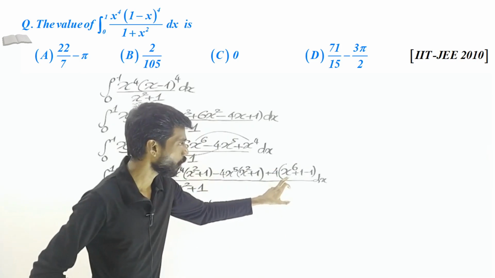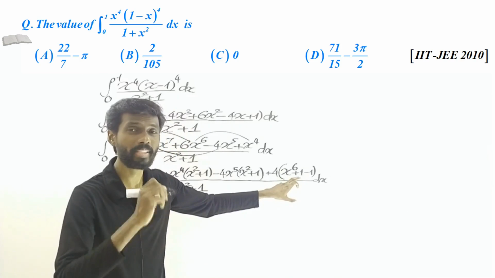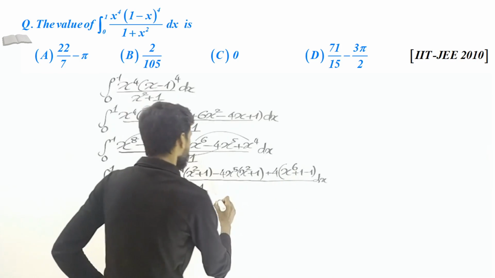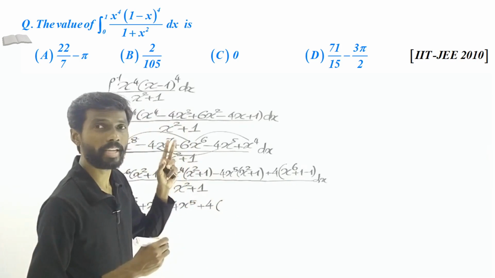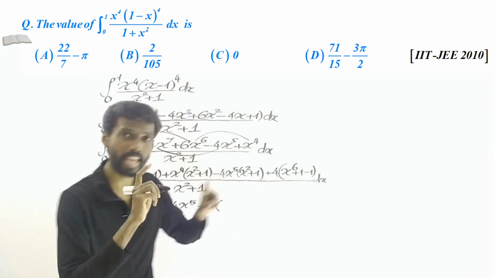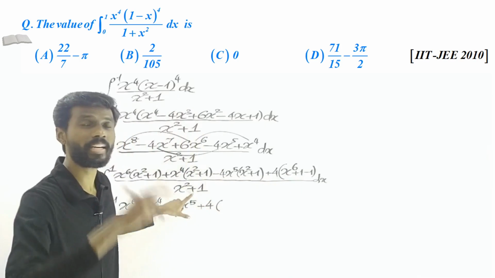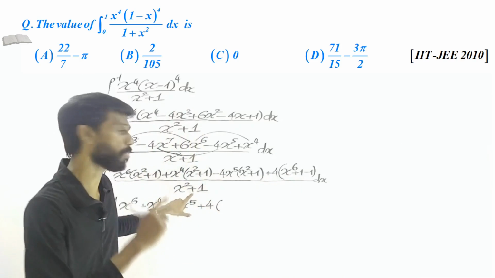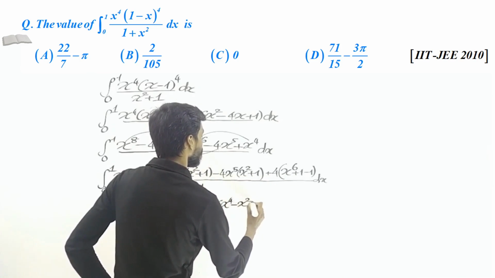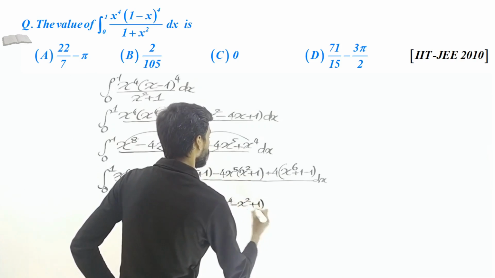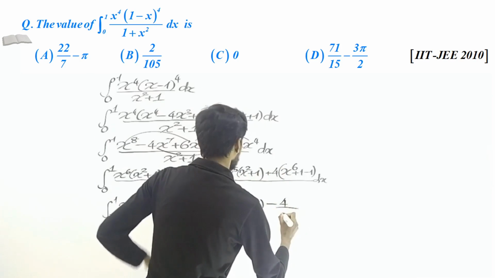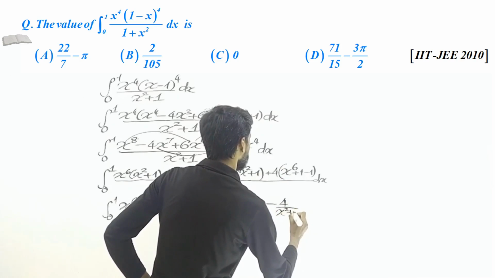So that will become 4 multiplied by, so what is that term? It is like a cube plus b cube, so a plus b, that means x square plus 1, will be cancelled with this, multiplied by the remaining, a square minus ab plus b square. So a square minus ab, so x to the power 4 minus ab, that is x square, plus b square, so 1. And then the last term is left, so minus 4 divided by x square plus 1